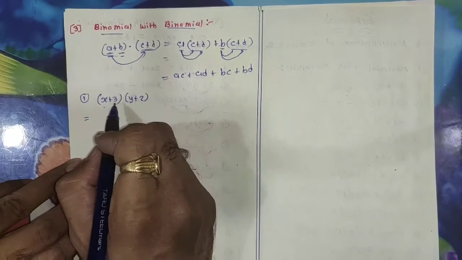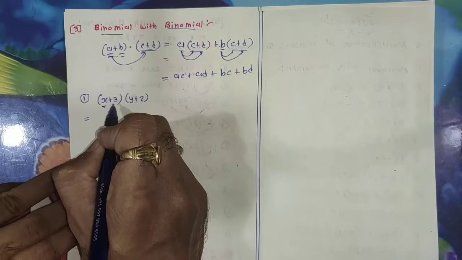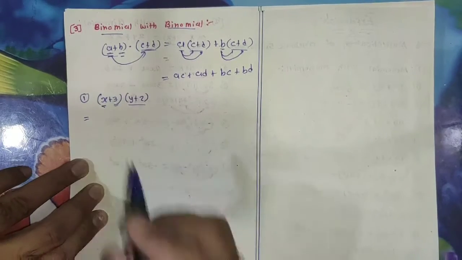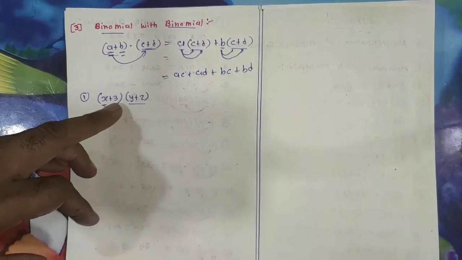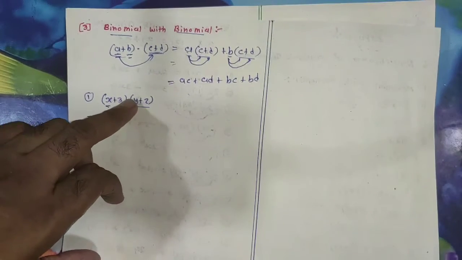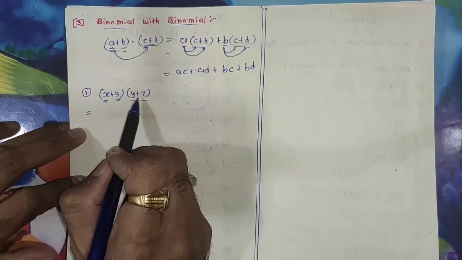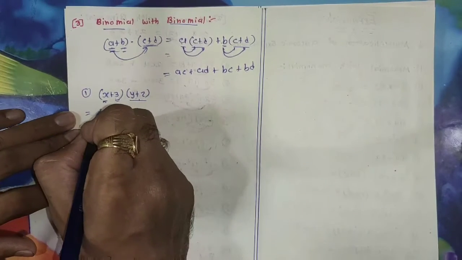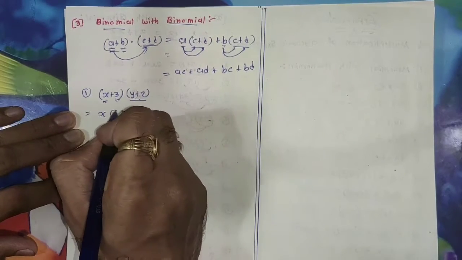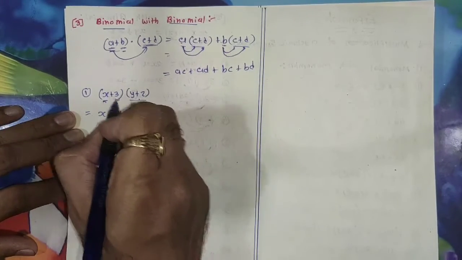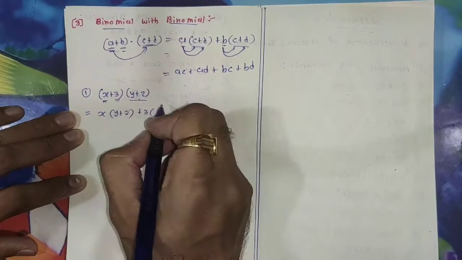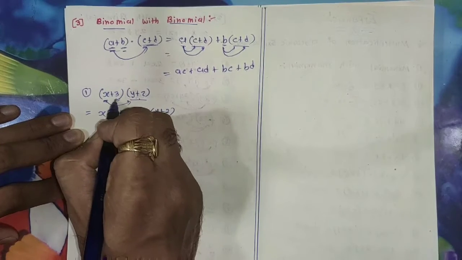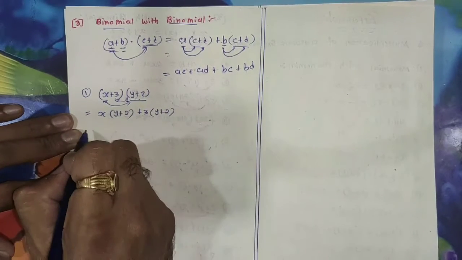It can be simply performed by multiplying the first term of the first binomial with the entire second bracket, and the second term of the first binomial with the second binomial, right? The first term has to be multiplied with the entire bracket, in short, and the second element also with the entire bracket. So first element is x, multiply with this entire bracket y plus 2. Then second element is plus 3, multiply with the entire bracket which is y plus 2, right? x with the entire bracket and 3 with the entire bracket.